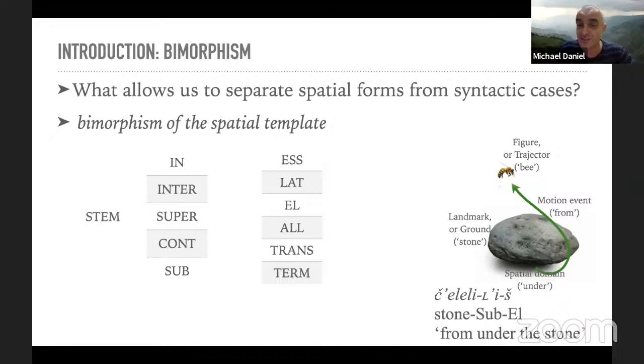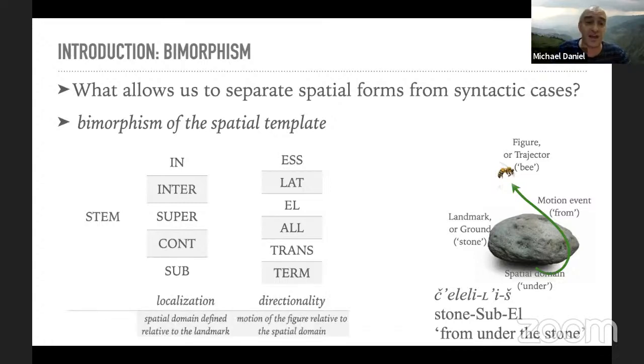And other meanings, which are translative, an important meaning, like a snake crawled through, under the stone, translative corresponding to the meaning of the path, and a very rare one in Archie, the terminative suffix, which means that the figure arrives at the border of the spatial domain. But this is pretty rare in Archie. Okay, so what Archie does,